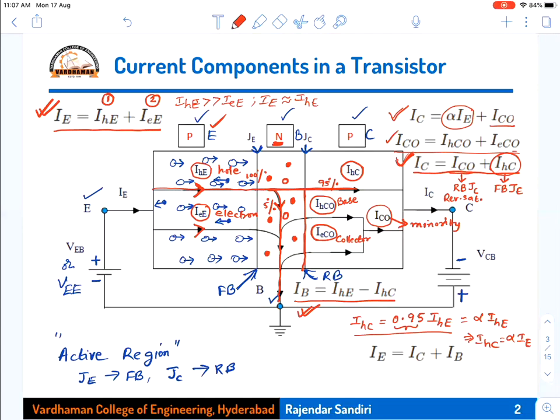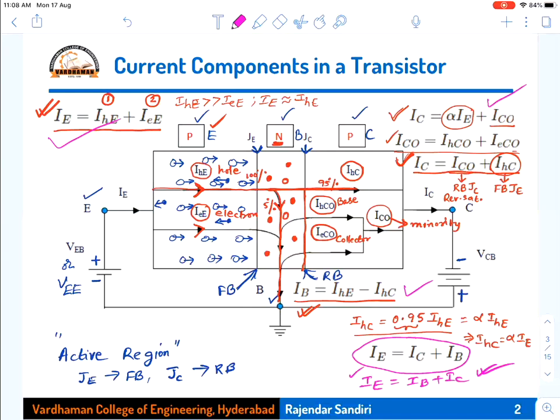So all these current equations are representing this equation, and this equation. These three are the base current, emitter current, and collector current, and all these three currents are related by the equation. Finally, IE is equal to IB plus IC. Okay, emitter current is always equal to base current plus collector current. So this is the final relation.